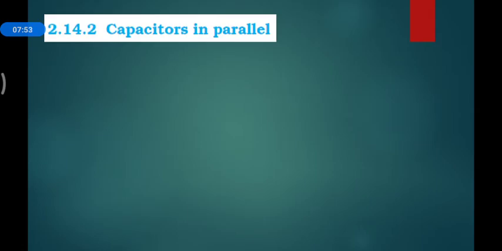Now we go for the capacitance in a parallel combination. These are the earlier results for the series combination. Now we go for the parallel combination. Actually it is the easiest topic in this chapter, I can say, because we are aware of series and parallel combinations and how we need to do this.